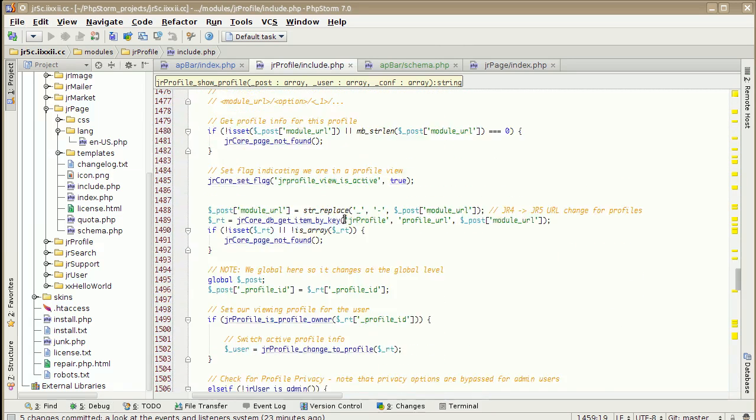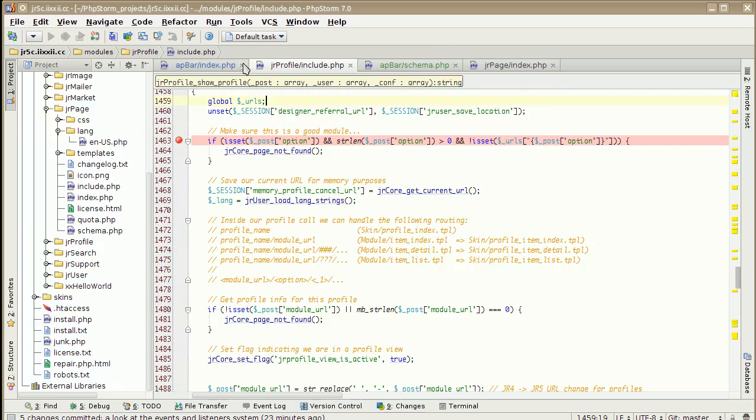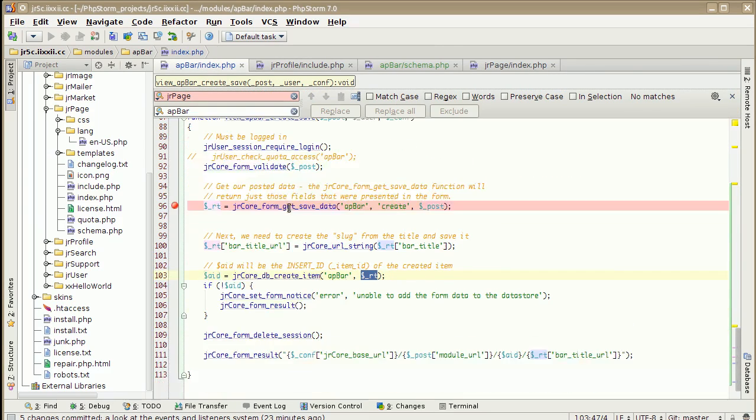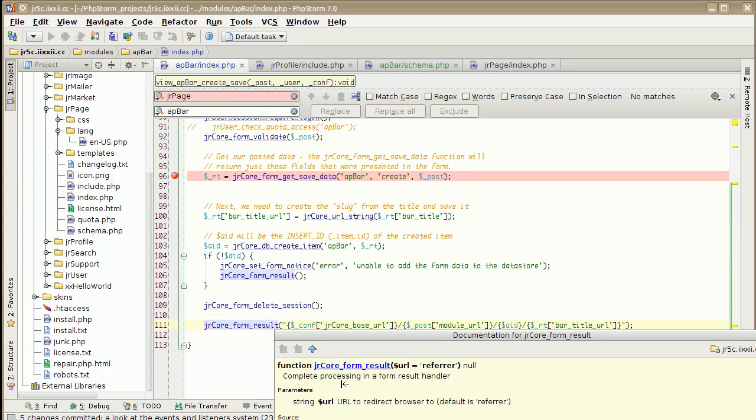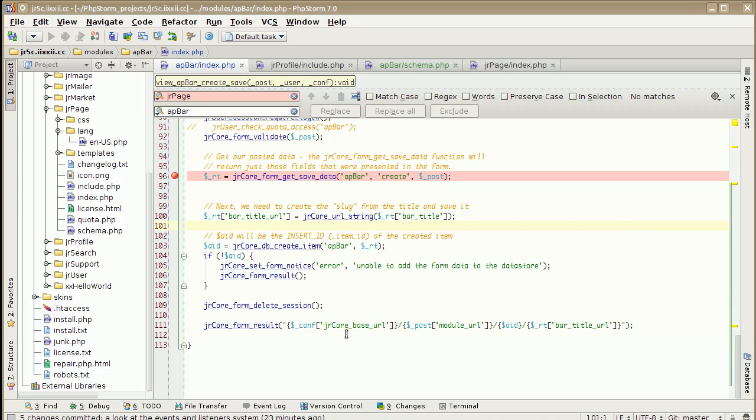Go away, debugger. During our save, create save, the last thing we asked it to do is delete the form session and then show the form results. And what that does is redirect. What it does is complete processing a form, and then it sends it to a URL. The URL to redirect the browser to. And the one we asked it to do was